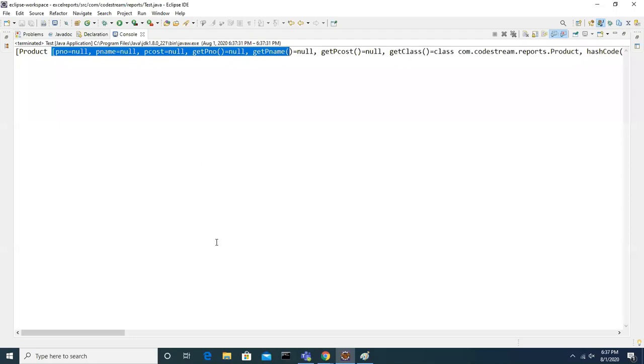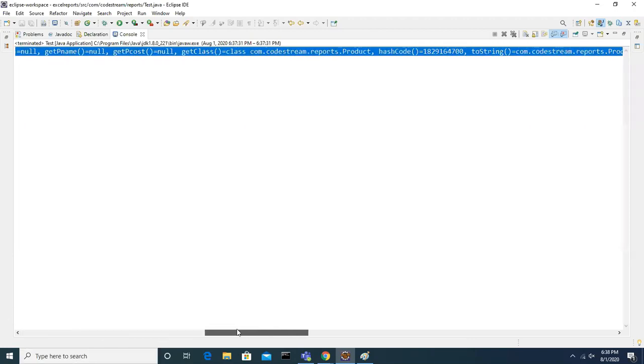Is it changed or not? Yes. Earlier, how was it displaying? It was displaying the class name and address. Now it is displaying all the values, the details of the object.